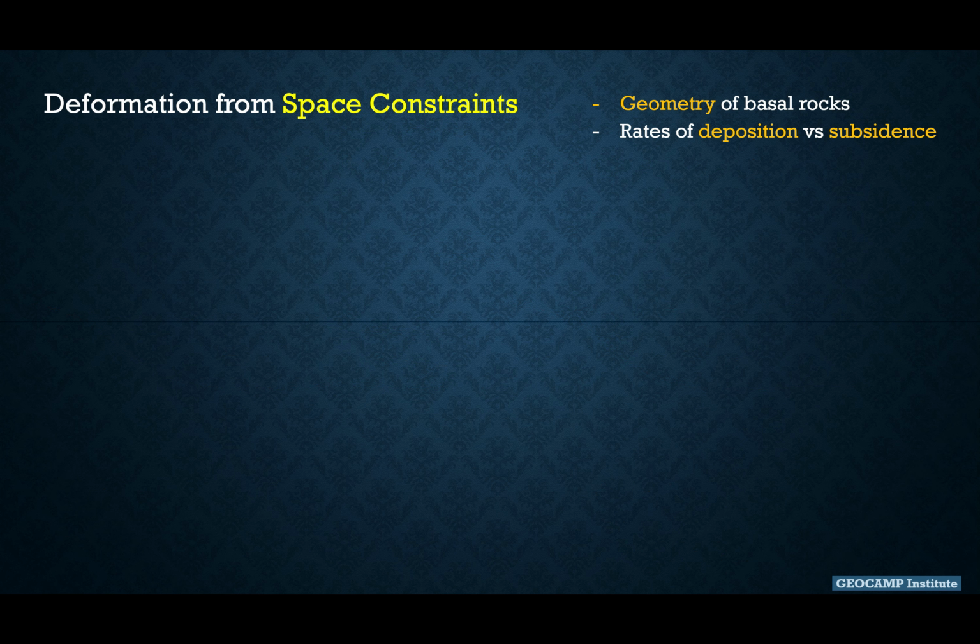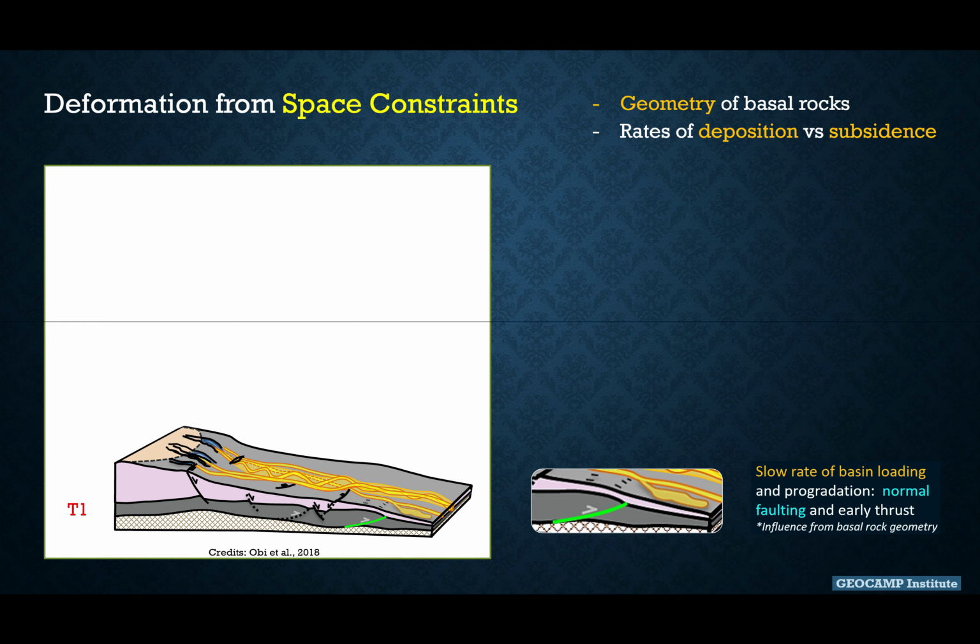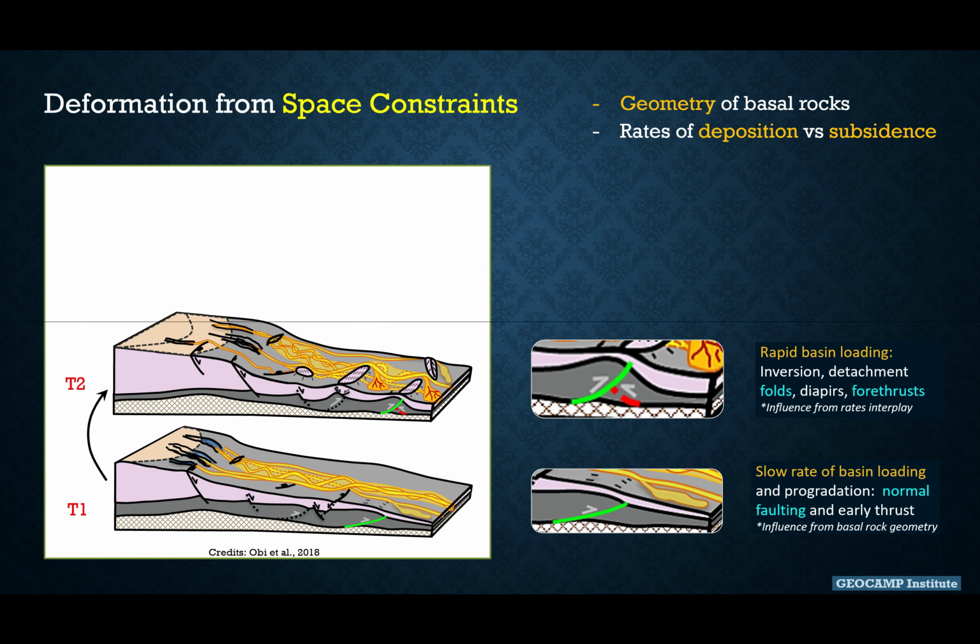So this is another case where we have deformation due to space constraints. This is just an easy example. Let's consider that at time t1 in this area, we had a slow rate of basin loading. So deposits are prograding in the basinal direction. At this early stage, what you have is dominance of normal faults and some early, very low angle thrusts in the distal areas. Okay, so at time t2, with continued